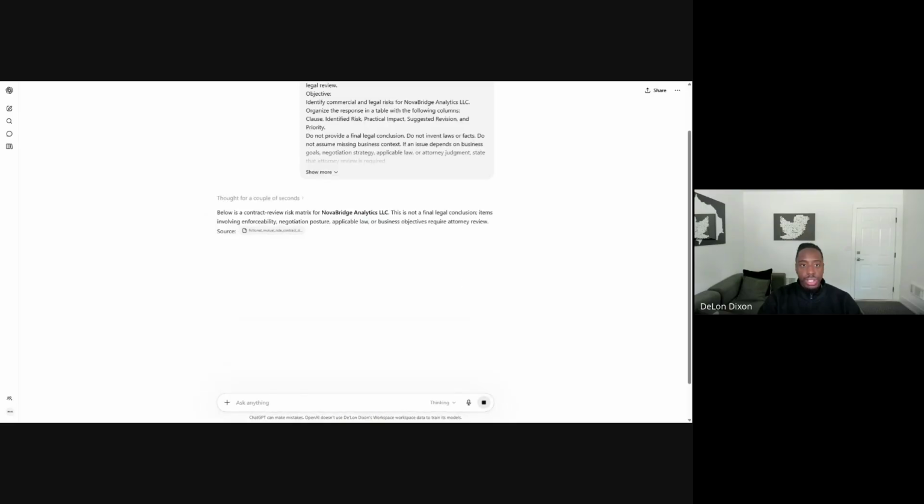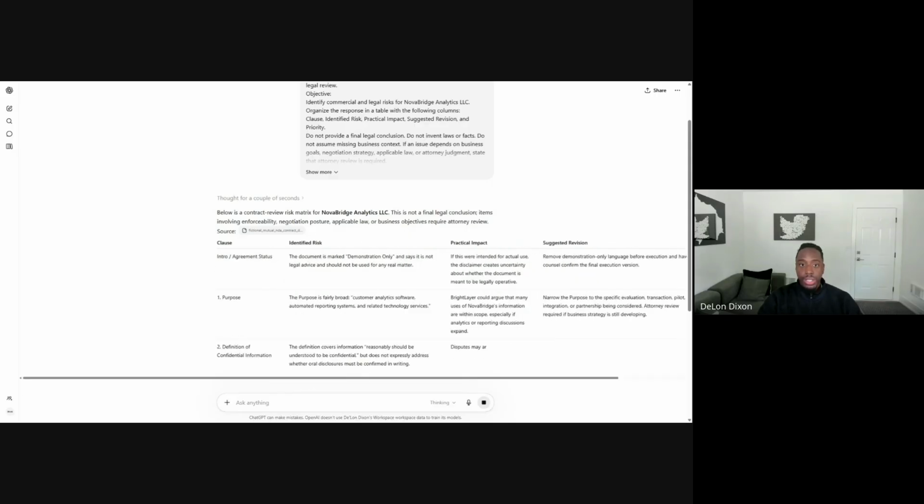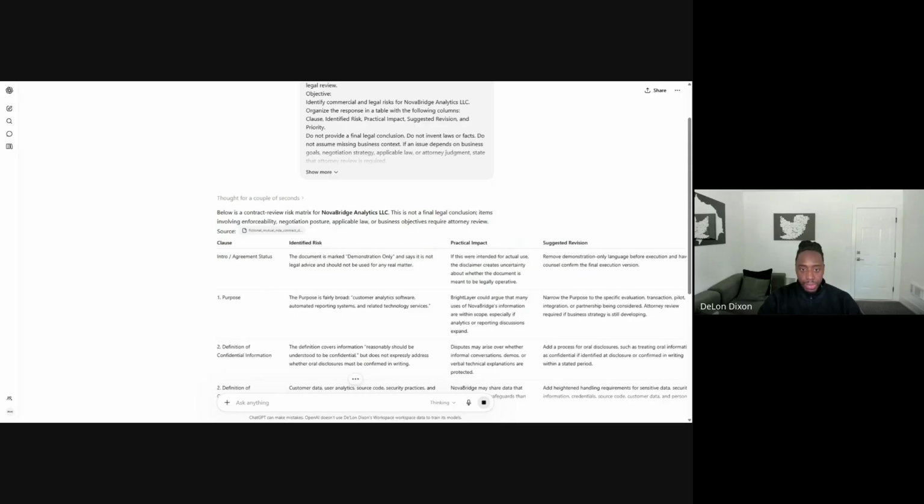While this is loading, it's loading pretty quickly. Okay, cool. As this is going on, we see that the response gives the lawyer a structured first layer of review. Instead of reading the contract from scratch and manually creating a risk list, the attorney can quickly see the clauses that may need closer attention. You can see all this populating right now.